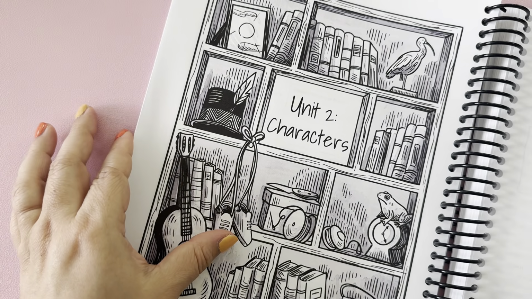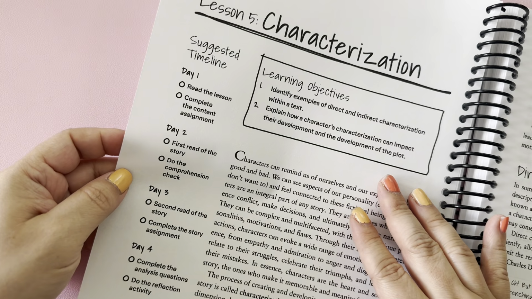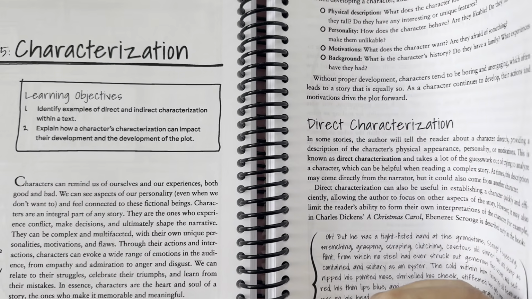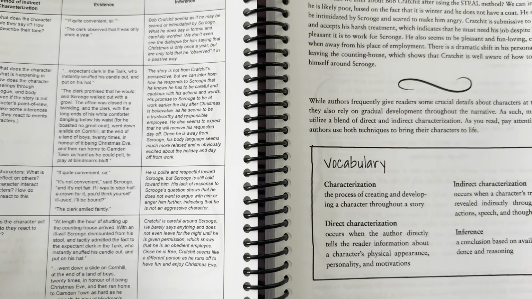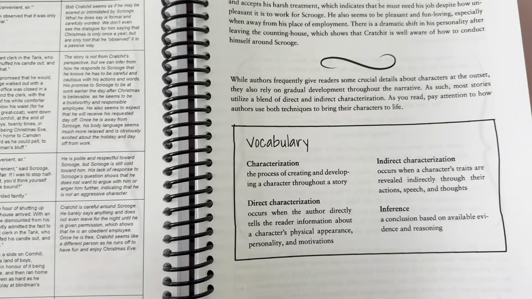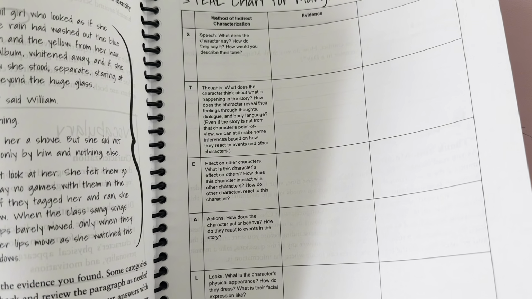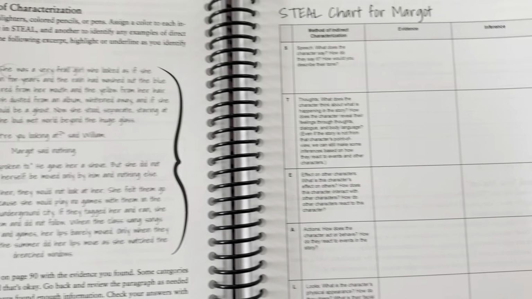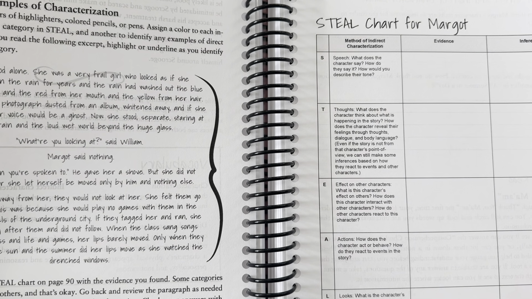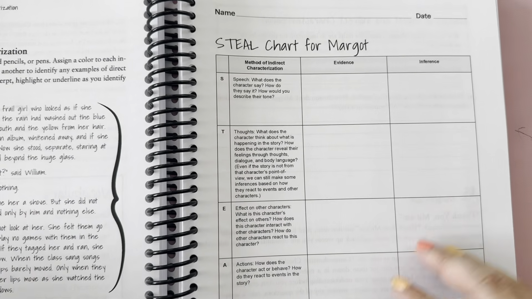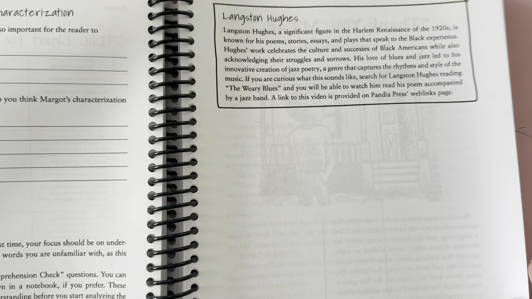So these next sections for Unit 2 are focusing on characters. I'm going to go to the story, because I want to know. So far, this is not a new story for us. Let's look at the vocabulary: direct characterization, indirect characterization, and then inferencing. Love it. That's what you're going to be focusing on for that lesson. Oh, you're still going back and talking about Margot from All Summer in a Day, so you're probably doing a lot of comparing and contrasting.